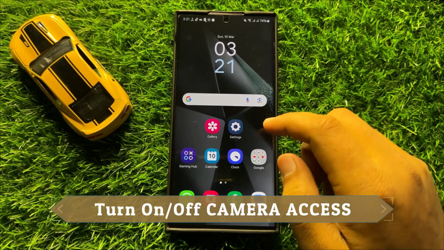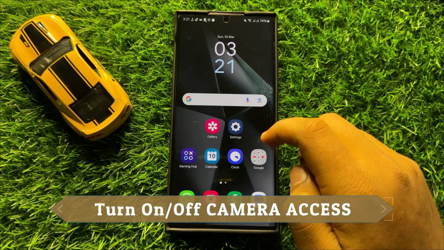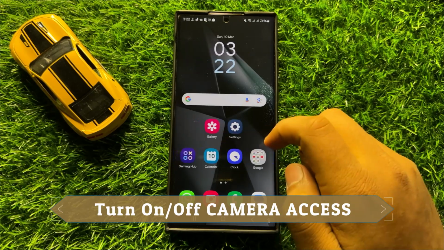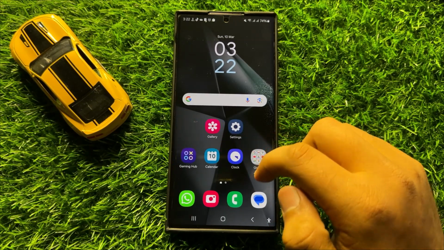Hello everyone, in this video I will show you how to turn on or turn off camera access in Samsung